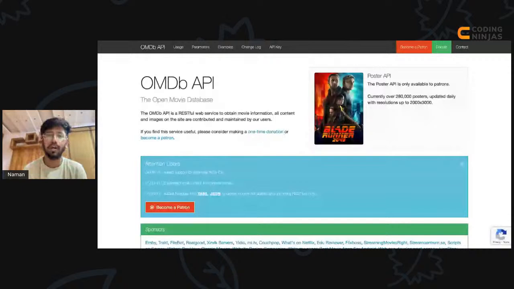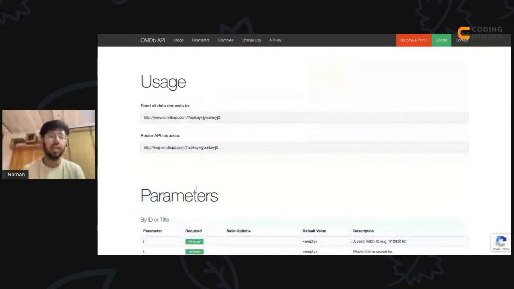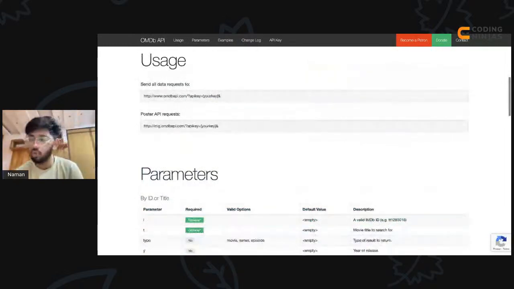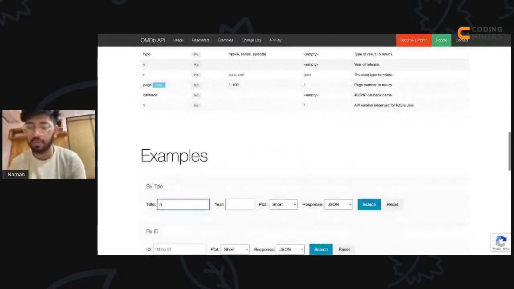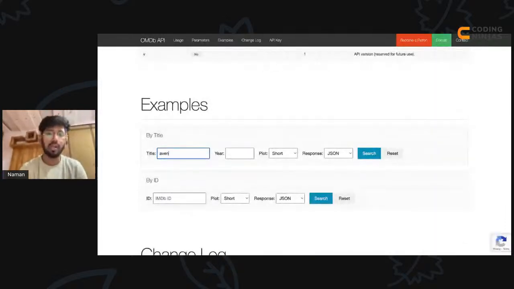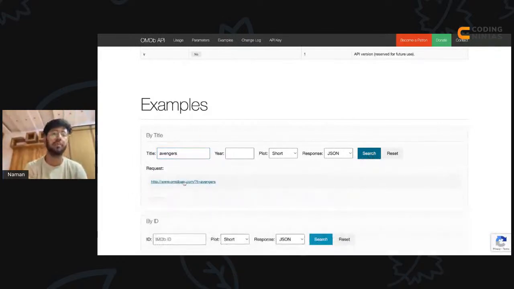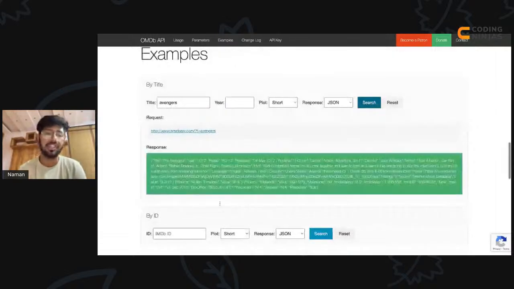Okay, fine. तो ये Open Movie Database है, you can just fetch the API from here, और तुम लोग यहाँ से ये API fetch करके डेटा यहाँ से तुम लोग ये काम कर सकते हो, this can be a thing. और तुम लोग अगर यहाँ पे कोई मूवी डालोगे, for example if you talk about Avengers, तुम लोग यहाँ पे सीधे उसका JSON response तुम लोग सीधे fetch कर सकते हो, this is the response request, तुम लोग यहाँ पे सीधे by title you can just fetch the API, ठीक है।